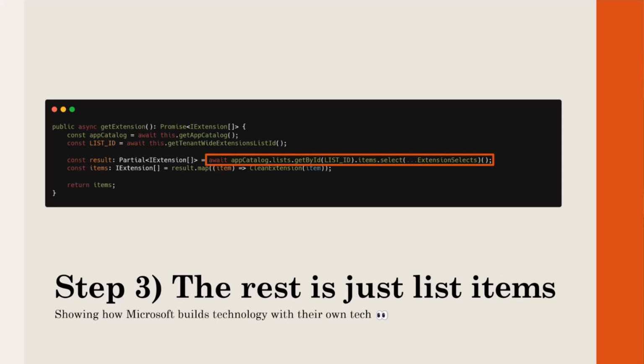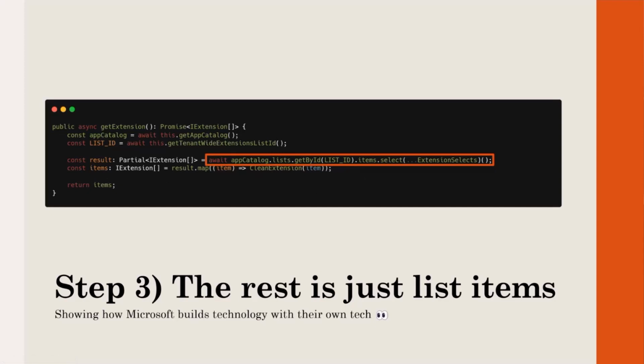I pulled them, I mapped them into a model that I like, and I can from there update anything I want on them. And yeah, so I have a service method here that's called clean extension that will remove all the OData tags and stuff that are coming along with any REST APIs that we're using in SharePoint. Other than that, no magic is happening. Calling the two other methods we just saw, resulting in a list of all the tenant-wide extensions,